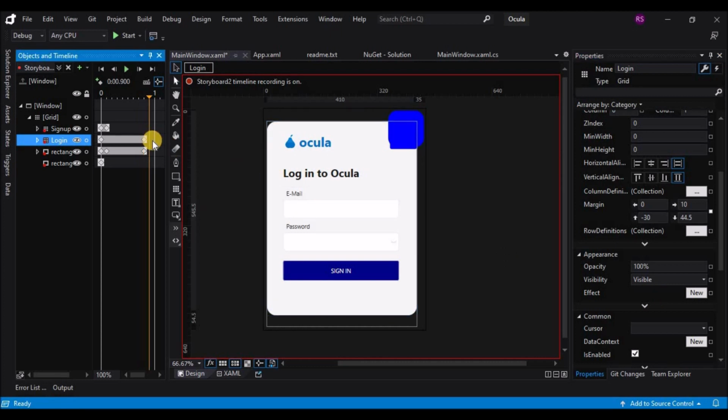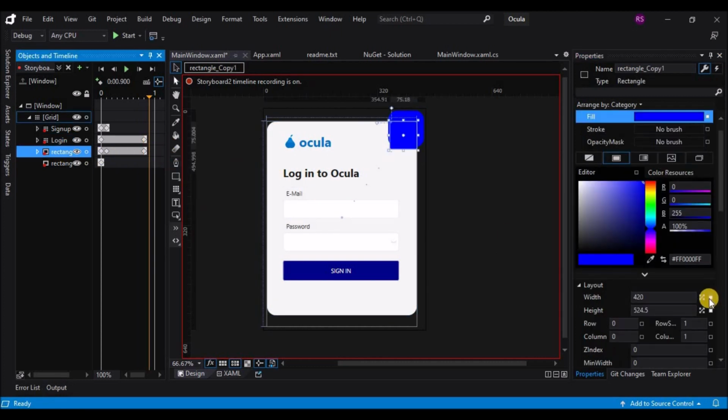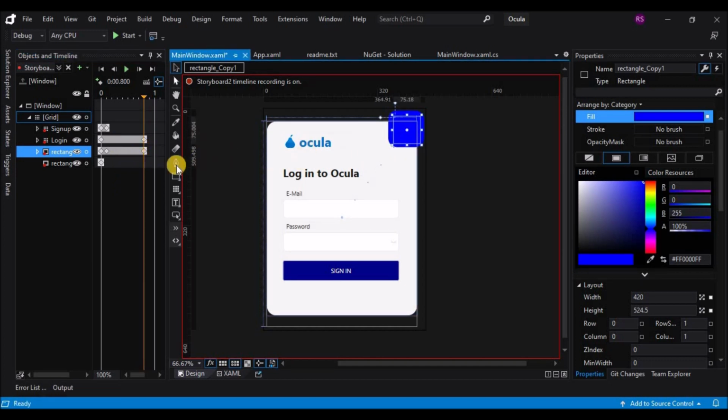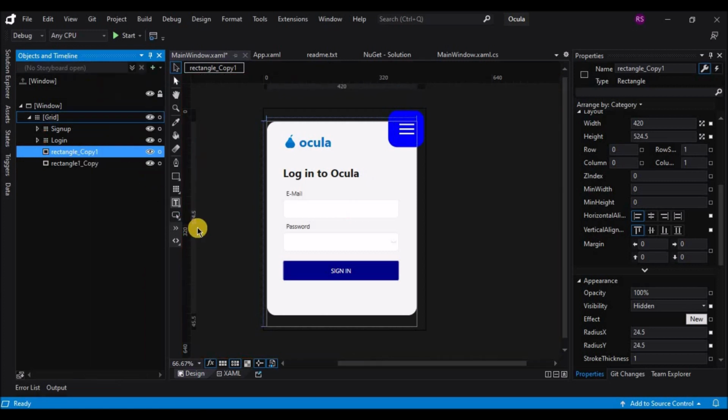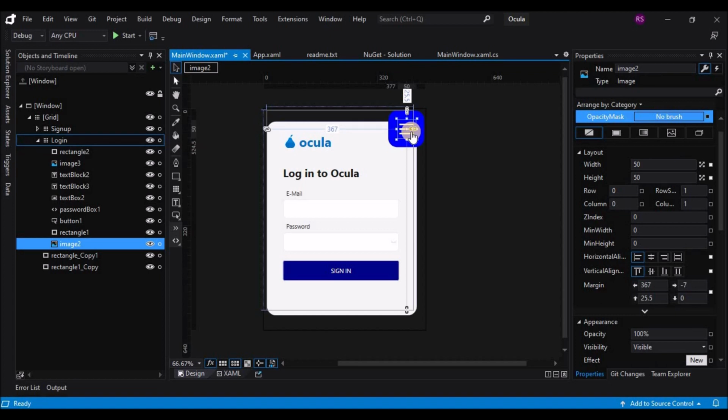If it is difficult to understand, you can slow down the video and see and copy my actions. And on the last keyframe, we are going to hide the small rectangle. So now when you run this, we have this hiding of the sign up UI and making the login UI visible. So now we have to add the triggers.